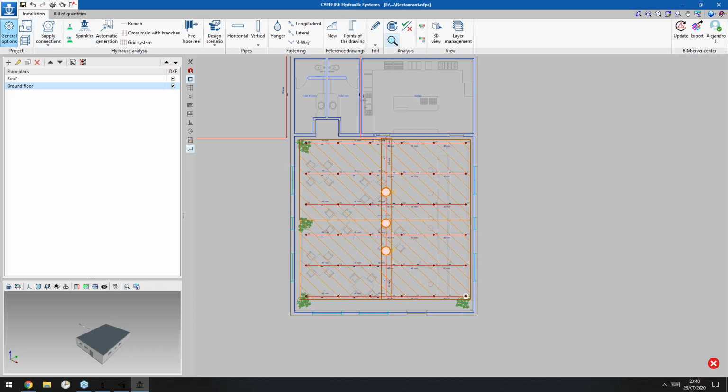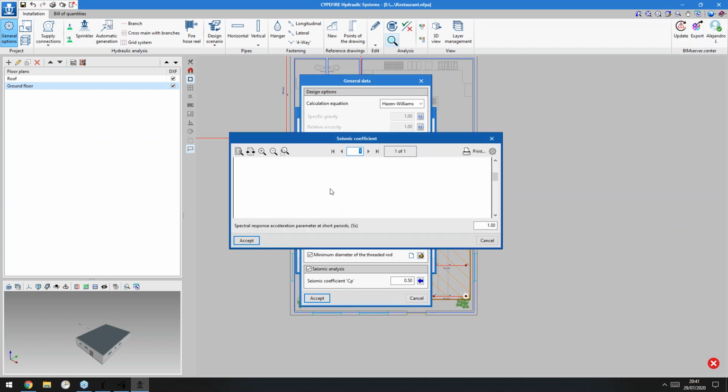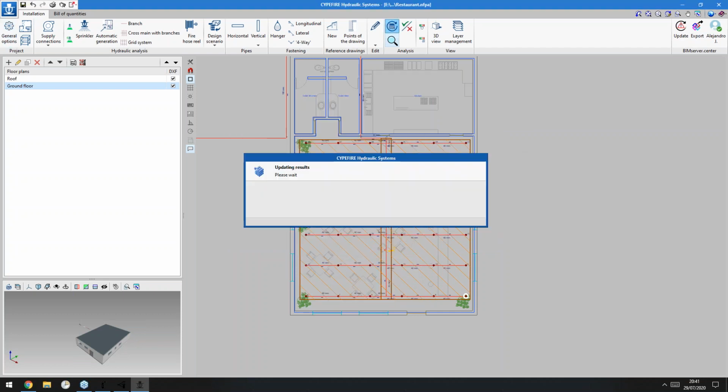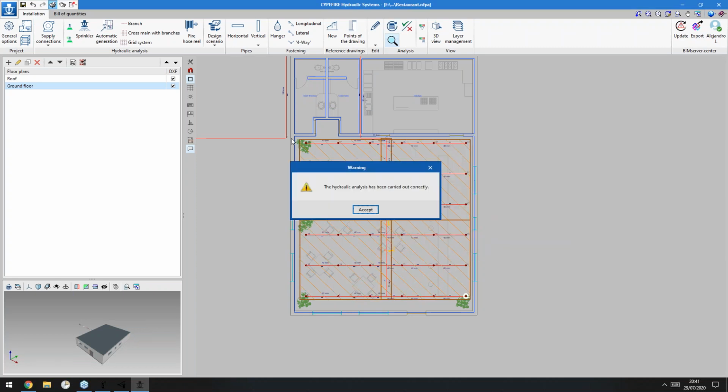so we can go here and there is the seismic coefficient. We can take this parameter from the spectral response acceleration parameter, and if I define it, now it's perfect. And here is